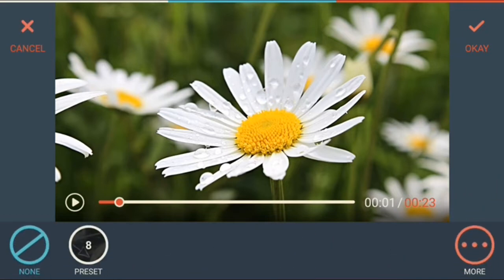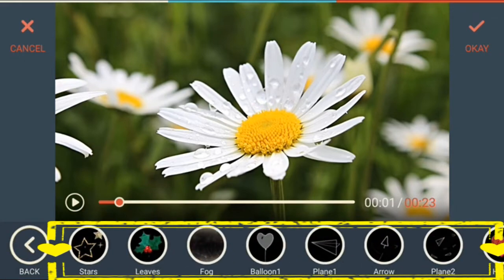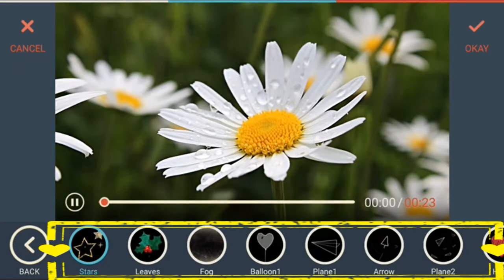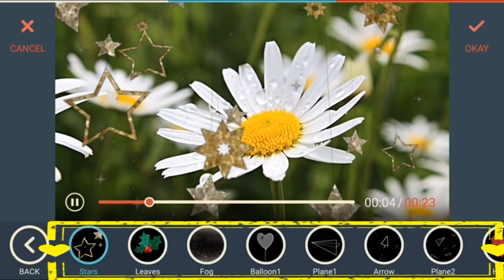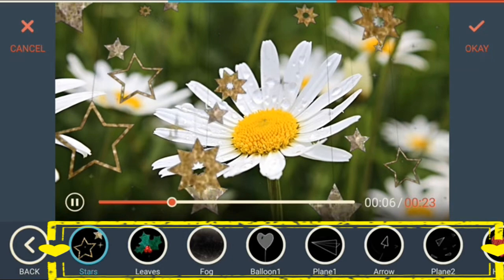Now elements, there are 8 elements preset provided in Filmora Go. At present it is none, so I will select stars. Now you can see the elements stars are displayed on the video clip.